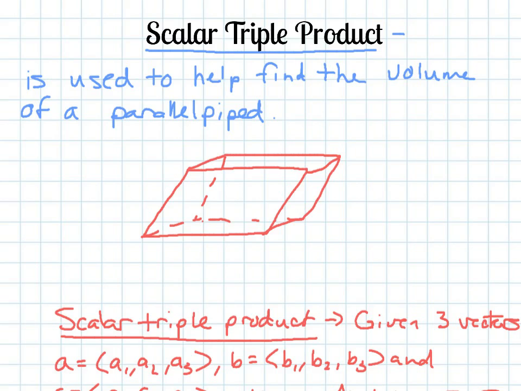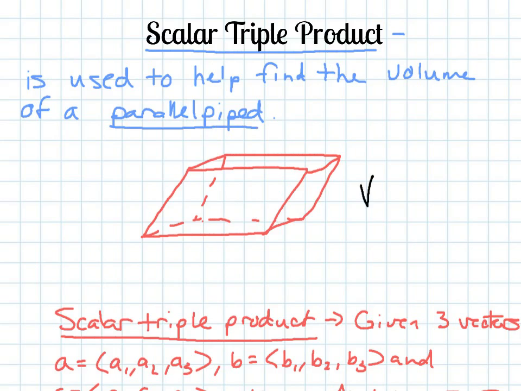Now a parallelepiped is a 3D shape that is formed by parallelograms. A special one is a rectangular prism, kind of like a box, but this one just has parallelogram sides. It's not saying that it can't have rectangular sides, maybe these endpoints here, and maybe the top and bottom are rectangles, but that's the gist of it. Okay, so for a parallelepiped,